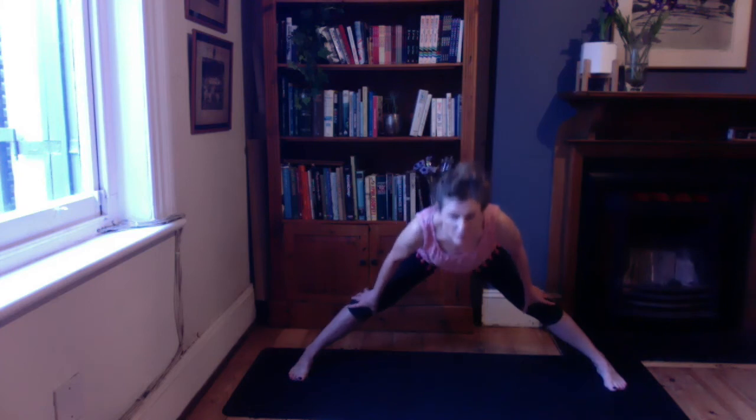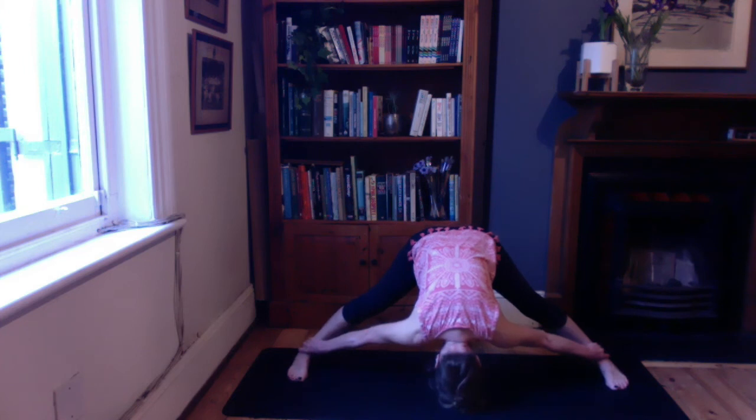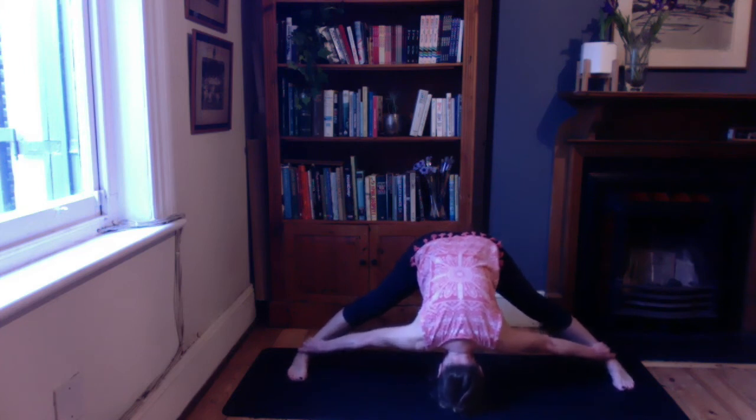Wide-legged stretch. Quite a nice wide one tonight. Take those feet out. Really extend to where you feel it is a bit of a challenge to have your legs there. Slide your hands down and grab hold of the ankles if you can. And even a little wider now as you take your crown towards the ground. We're just not holding this for too long. We're using it to get into a